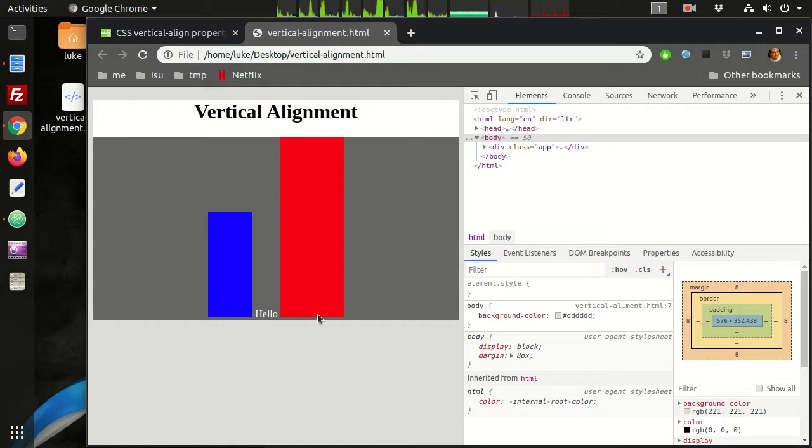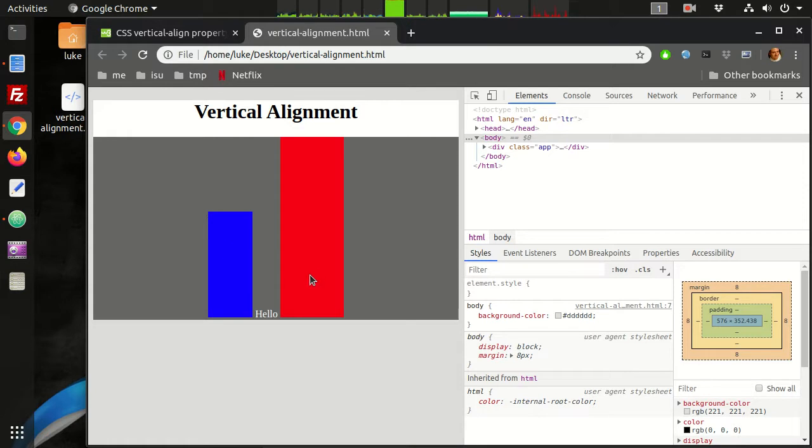Now, as you see, the vertical alignment by default, everything aligns to the bottom. Okay, and the way the vertical alignment property works is it has to be specified on the element itself, whereas text align is specified on the parent. So there's an important distinction here when we're talking about vertical align versus text align. Text align is on the parent, and vertical align must be specified on all of the elements that you want